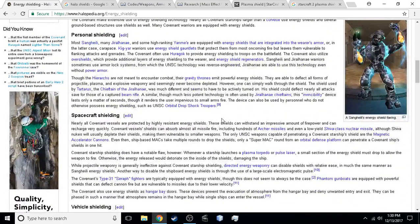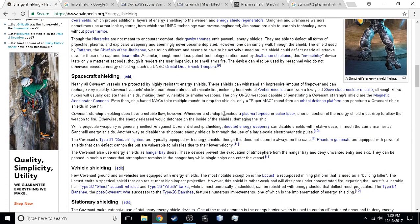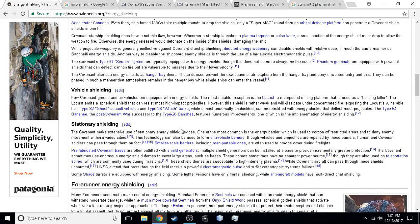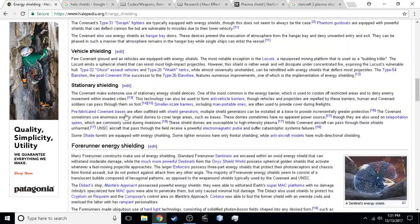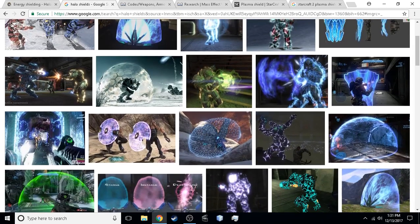But they do have stationary shielding, which they do make use of, which is actually particularly good. You can just throw that on the field, boom, you have an instant barrier for troops to hide behind. Don't have to waste your own shielding. Not particularly the greatest thing to use, but